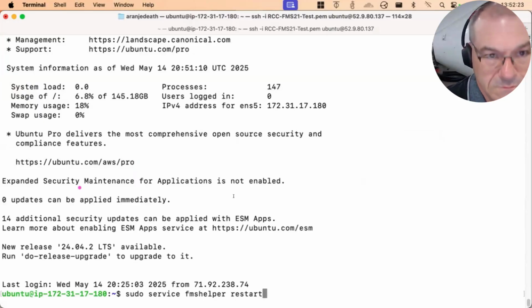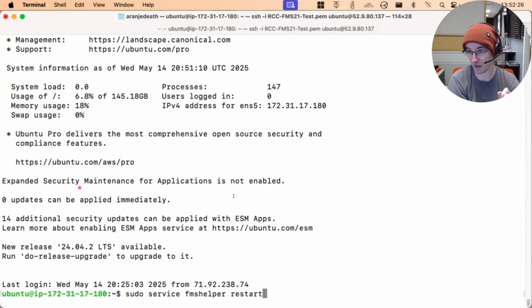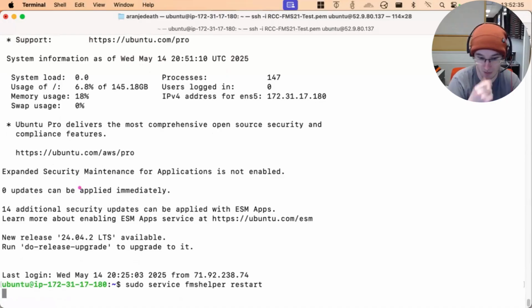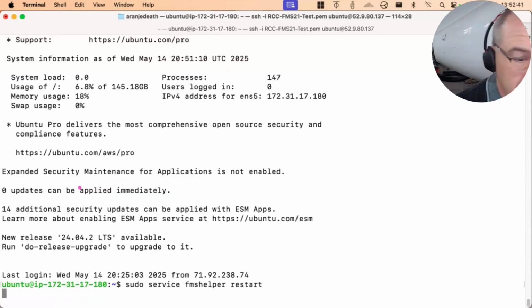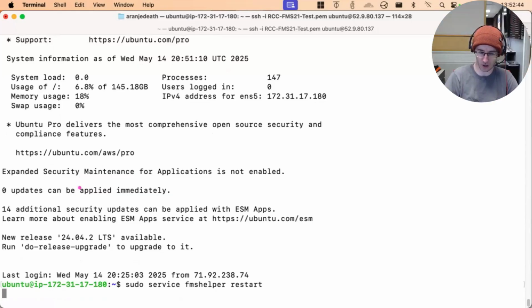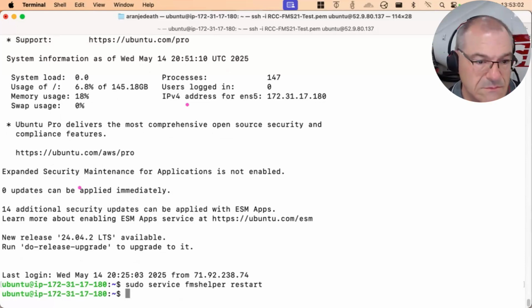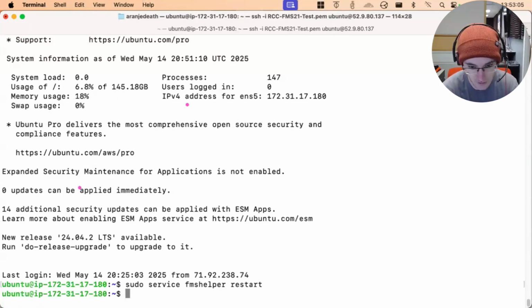And that's what's on screen. Sudo service, which is what it sounds like. FMS helper, that is not FMS, but it is the program that controls all of FMS and is how you address it, basically. And then restart is the restart command. So this is just a FileMaker server restart, not a Linux or Unix restart? Correct. This will take down all dependent and connected services on the system that are FileMaker server accoutrements, WebDirect, whatever. We haven't configured any of that stuff, but if they're running, for example, on your own system or something. So it came back. It's good. We have no errors, no screaming, no complaints, etc. Great. So we came back.